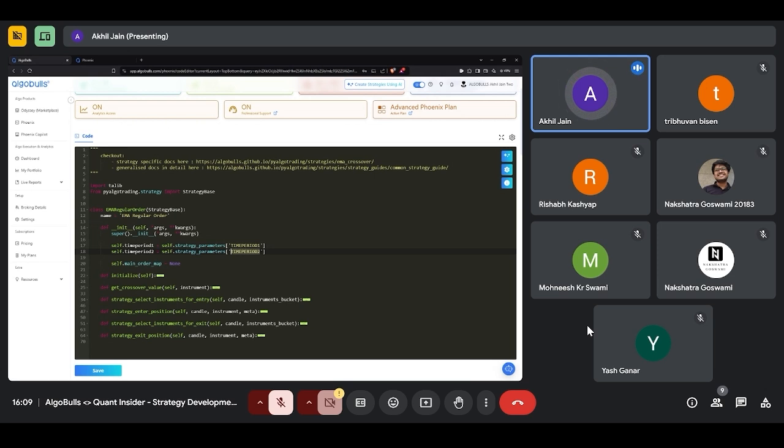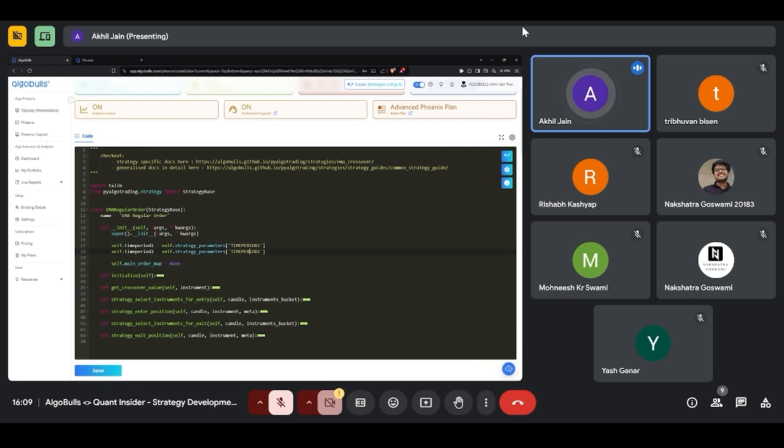So if today the values are, let's say, 7 and 12, but just after this particular run is complete, I would like to change the values, so let's say 15 and 27, and I'd again like to test what happens, then this helps us to do that. So the init method is the method where we are expecting as well as accepting parameters from outside.